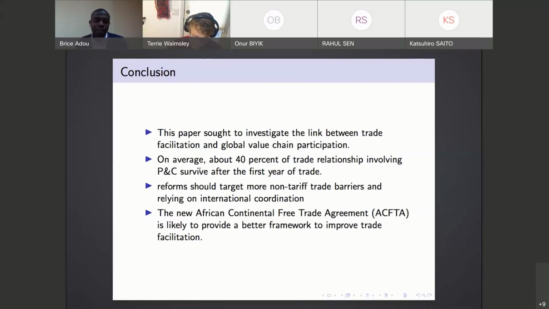The new African Continental Free Trade Agreement is also a good framework for all African countries to enhance discussion about the place of trade facilitation, to help Africa boost its participation in the global value chain. We know that the paper has some limits about the data used. It would have been very interesting to use family-level data, which we couldn't get for all the countries.